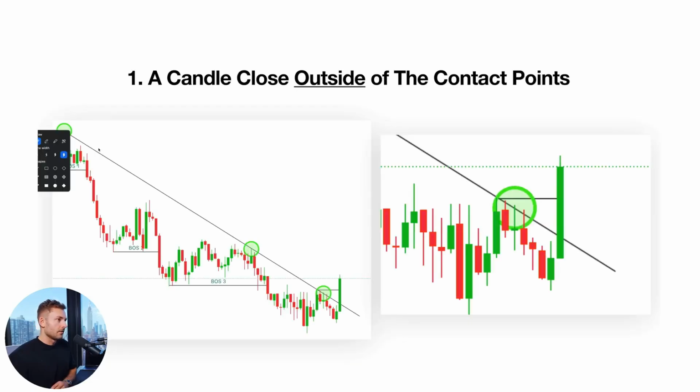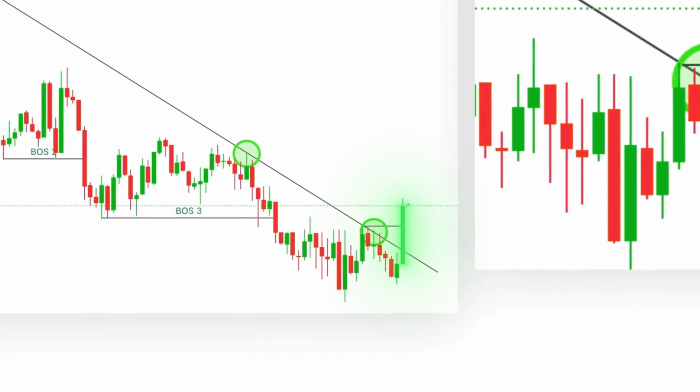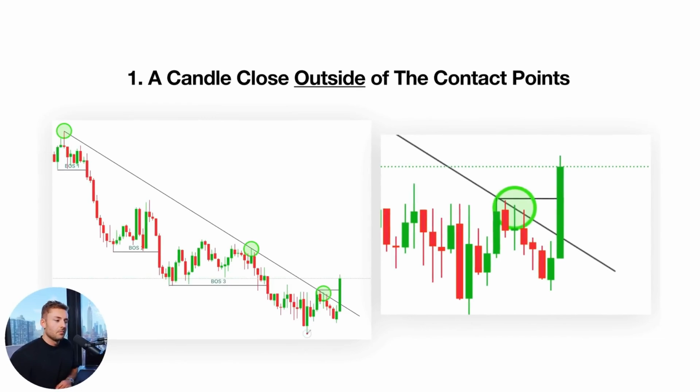Let's look back at our other example. And what I'm looking for primarily is a candle close outside of the contact points. So we have our contact points here. You can see we get a big candle push from this contact point on the trend and a close above. Also, this is an important thing to mark. Notice how we have a push down, a push up. This area fails to break a new low under this area,